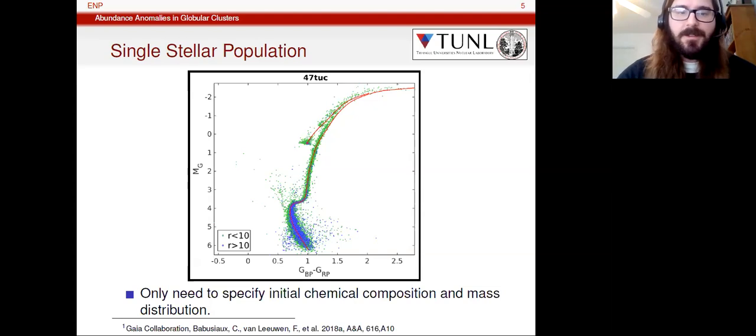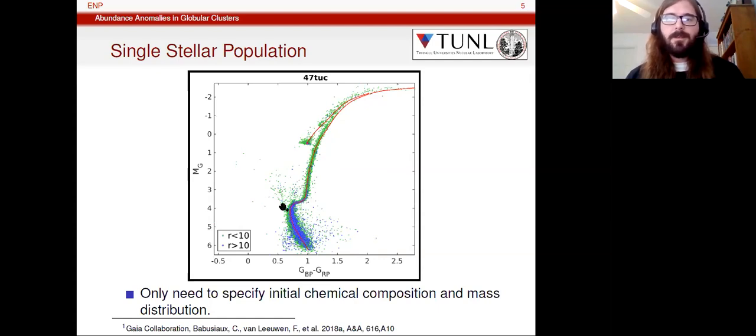And so what this means in astrophysical terms is that in order to describe the observation of all the stars, so what we see in this Hertzsprung-Russell diagram, with the color of the stars on the x-axis and the luminosity on the y-axis, all we need to specify is the initial chemical composition of the cluster and the masses of the initial stars. And so under this assumption, we can make this theoretical prediction with the red line of a single stellar population,